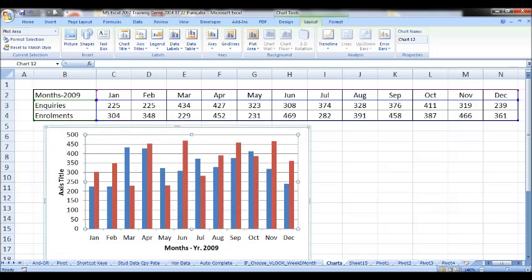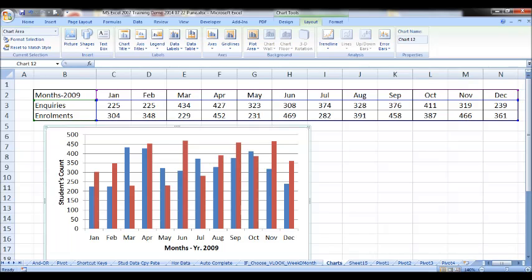Now you have optimally utilized the entire sheet for the graph. For axis title, what is this? Students count.